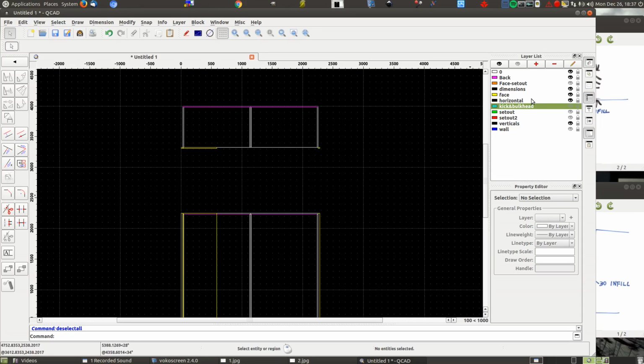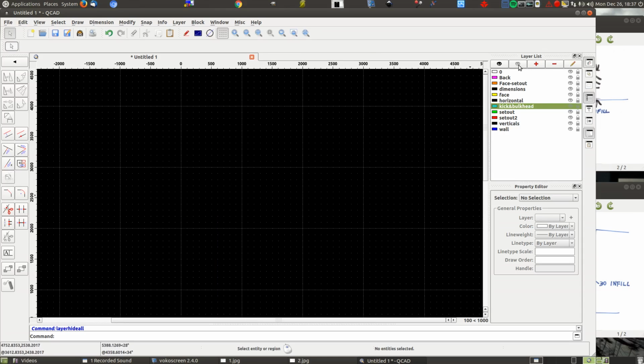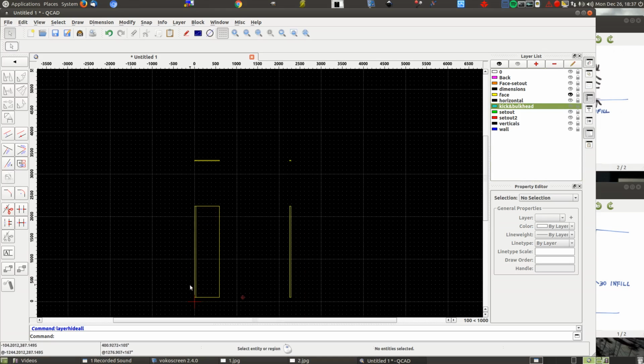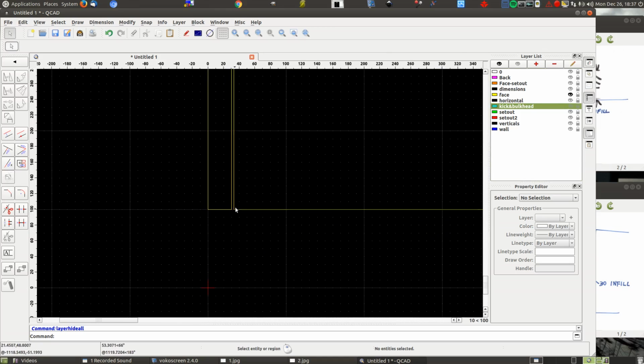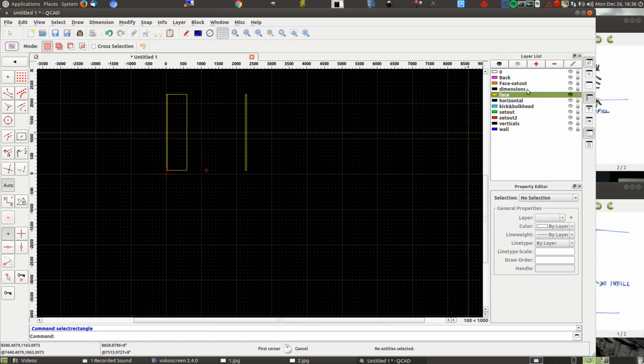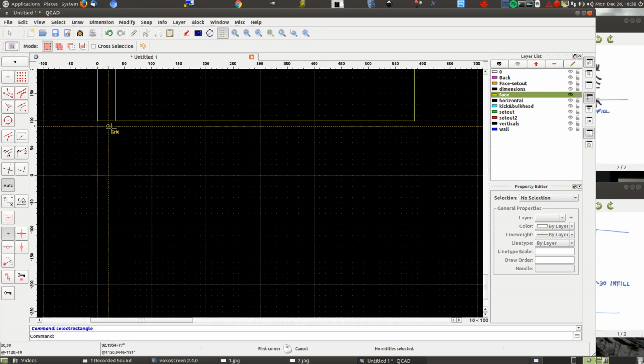Okay, well, I'll get rid of everything else, bar the face. Now the reason why I wanted the infill drawn in is because it includes a clearance. A very important detail. That's a 3mm clearance. You have to obviously be working on the layer that you have visible, otherwise it's not working. Alright, so